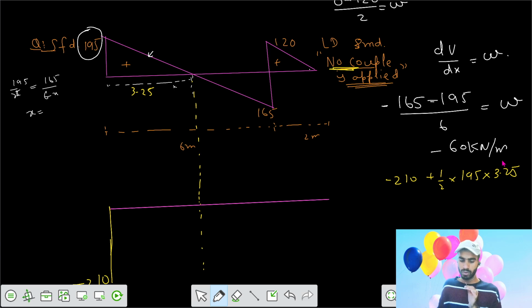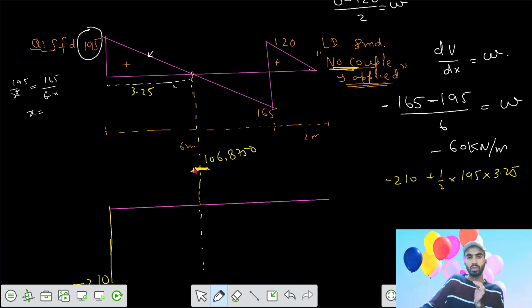106.8750. So this is your positive value. Since your shear force is 0 here, that means the slope of the bending moment diagram is also 0 here,